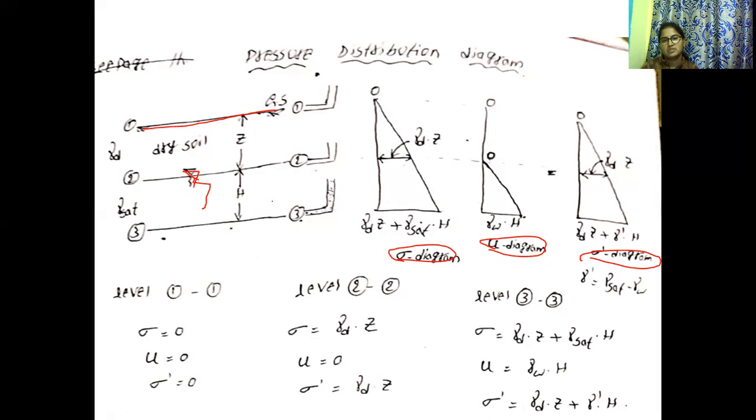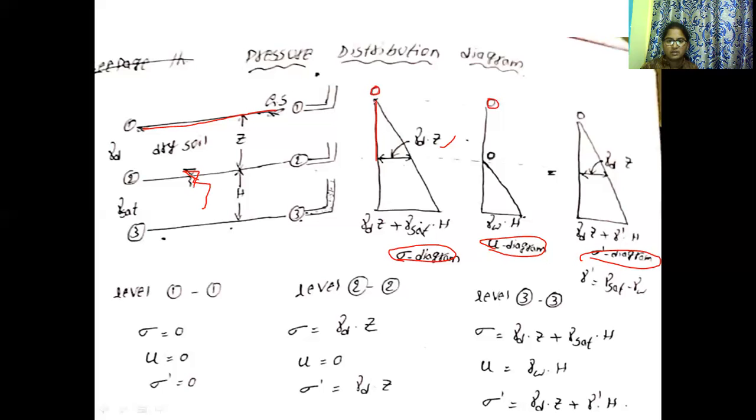And when it comes to the second layer, going from the first layer to the second layer, here we can write 0. Why? Because above the ground surface, no soil is there. Either dry soil or wet soil, we don't know about it. We can only give the condition below the ground surface. That's why the top of the first layer will be 0. In the second condition, from the first layer to the second layer, the soil will be in dry condition. So with the particular soil unit weight and depth, gamma D into Z.